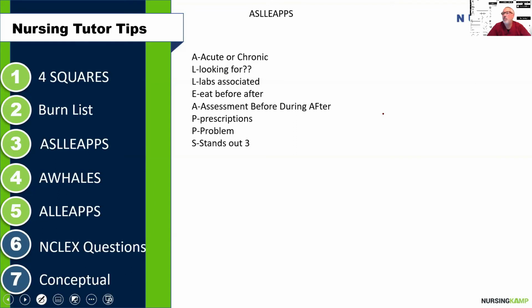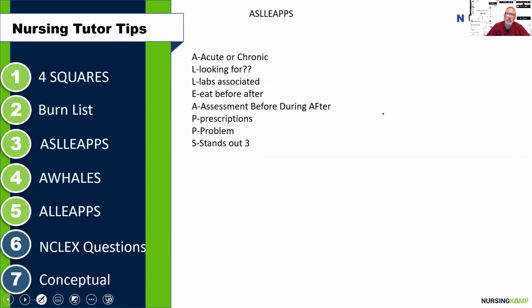What's the standout three of this? Well, I mean, nuchal rigidity. Do they have pain in the neck after a spinal tap, or do they have a leaky dressing? Those type of things, and that's when we try to stand out. So ALEAPS